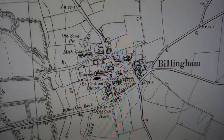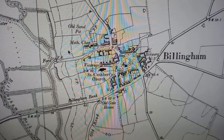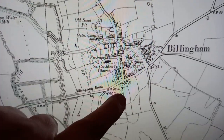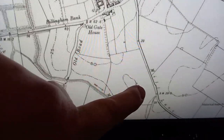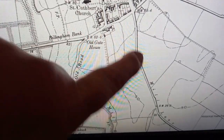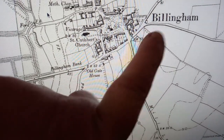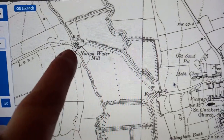Okay, this is a video about me trying to search for Billingham Mill. It was initiated by my interest as to why there was a Mill Lane in Billingham with no apparent mill on it. But if we come away from that for a second, the video that I've made starts here,